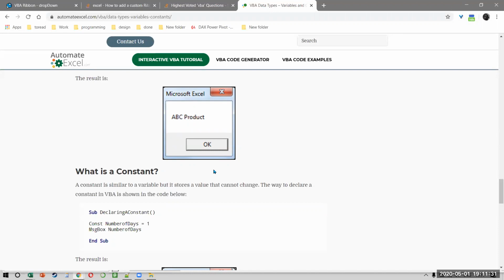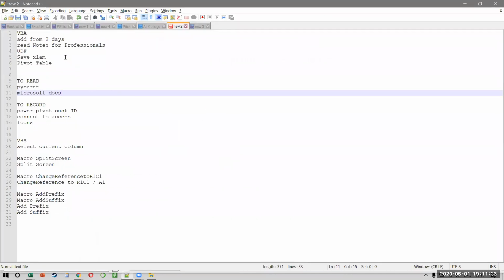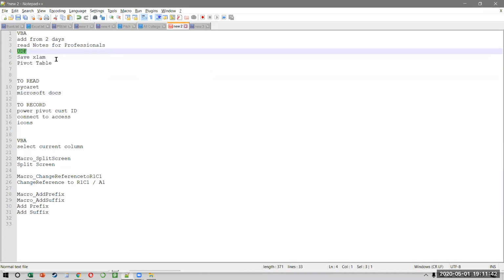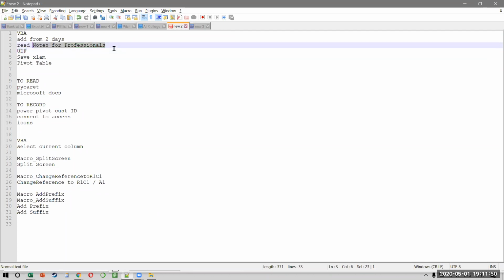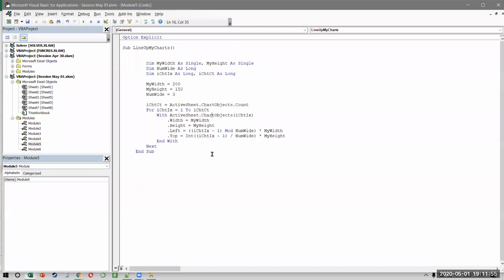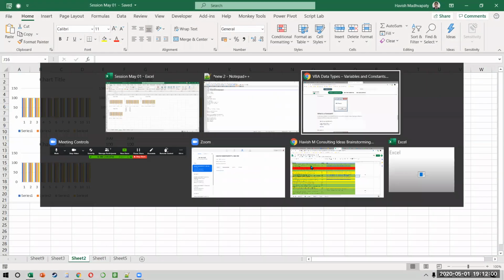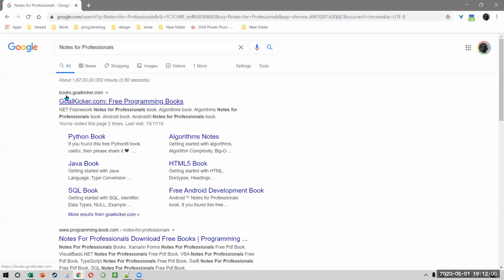Okay. All right. So the next thing I want to show you is, we have done Excel, we've done pivot tables, we've done UDFs. So let me just share the learning path with you, in terms of what all is there on VBA. There's a book called Notes for Professionals. Okay, it's a free book. So I'll just copy this and let me quickly close my VB window. We don't need this as well. You can just search Notes for Professionals, and there's a website called books.goalkicker.com, and this gives you free programming books for every language that you can think of, right?